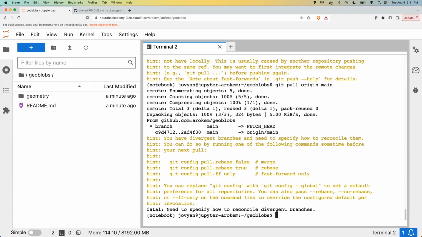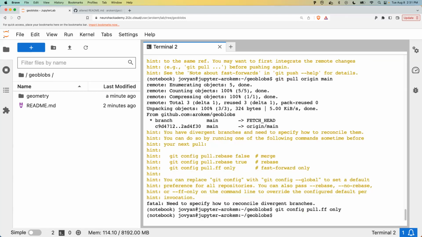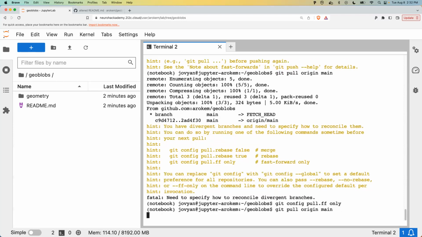local copy. But in this case, we have divergent branches, and that was interesting. I didn't manage to get a conflict going. Instead, it's asking me how I would like to reconcile these kinds of situations. And I can say, this is again a configuration thing, and I'm going to say, you know what, only merge this if it's truly what's called a fast forward commit. This is the most conservative way to go about this. If this really is a fast forward, there's a really clear relationship between the commits, then allow a merge in. Otherwise,